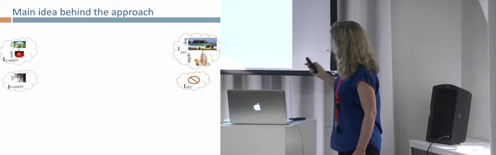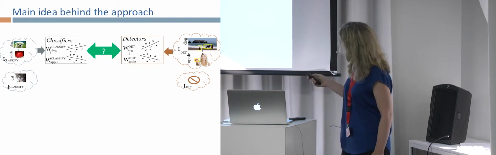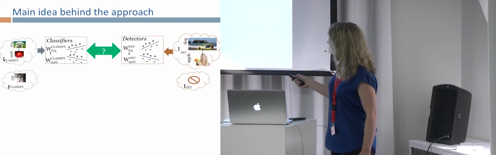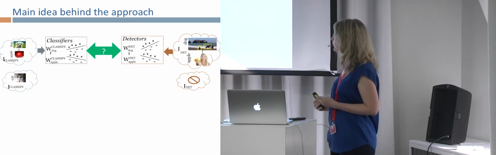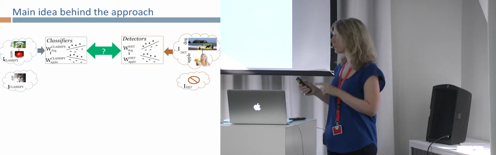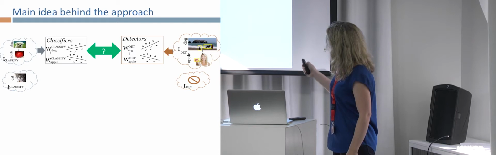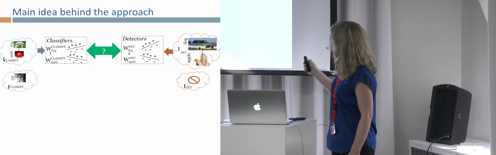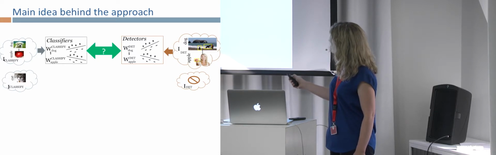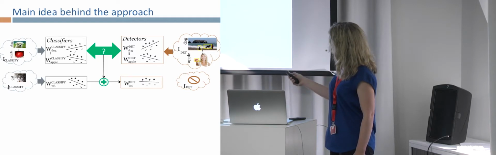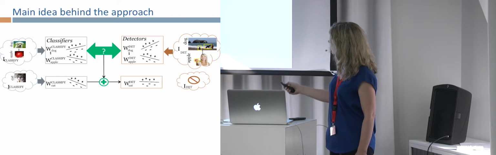So the main idea is to train classifiers on this kind of data, which means a classifier just takes an image and says what kind of image it is. Is it a dog? Is it a cat? Is it an apple? It doesn't produce a location for the object. And then we also train detectors, which produce a location and a label. And then we try to learn what is the common thing about classifiers and detectors. And then we want to somehow take that common thing and transfer it to the classifiers we learn here and turn them into detectors.